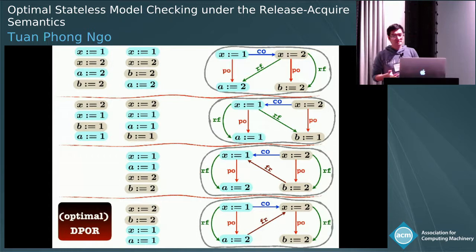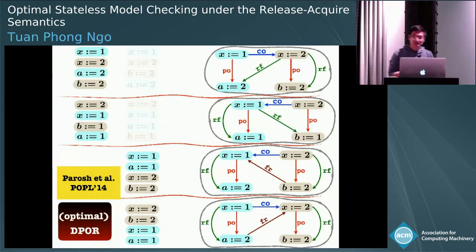So most of the DPOR algorithms will generate at least 4 executions, and the optimal DPOR algorithm will generate exactly 4 executions, one per trace. And this is the work